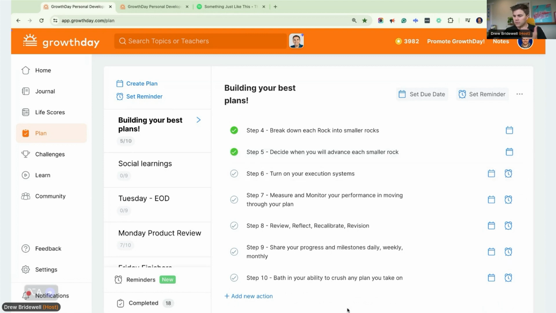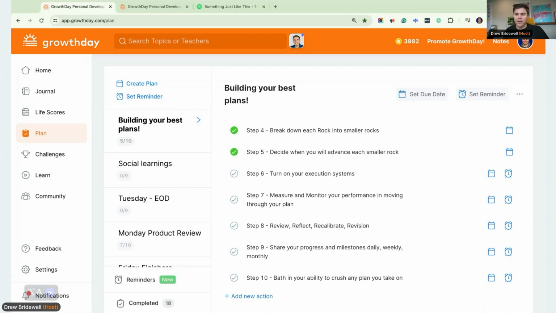Then we need to turn on what I would call our execution systems. Our execution systems are the skills or needs I need in order to move these things forward. I'll give you an example. I'm a designer and I build products. As I'm thinking through an experience of what I need to accomplish, I need to think about what the execution systems are to make this happen. For example, we use this tool called Figma, and we use Premiere Pro to edit or cut video.